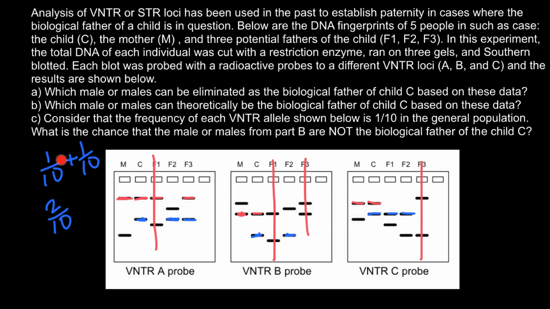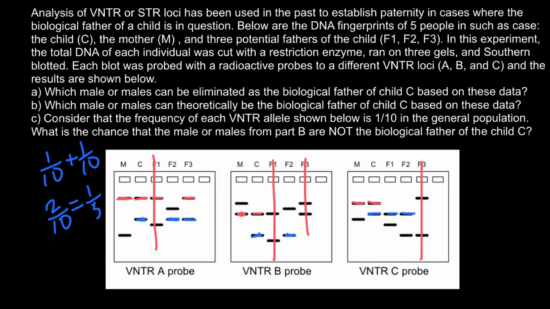So this is the probability for chromosome 1 to have the same size allele as this child, and this is the probability for the second chromosome. So all chromosomes go in pairs. This is how we got this number, or we also can say that 2 over 10 is equal to